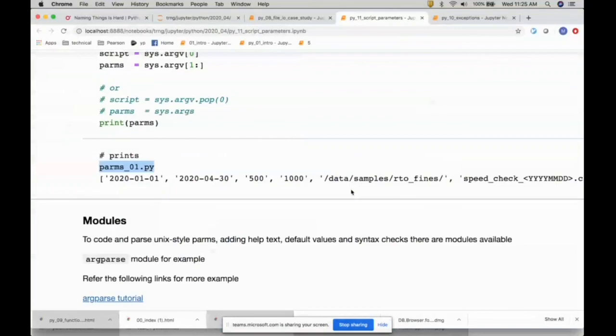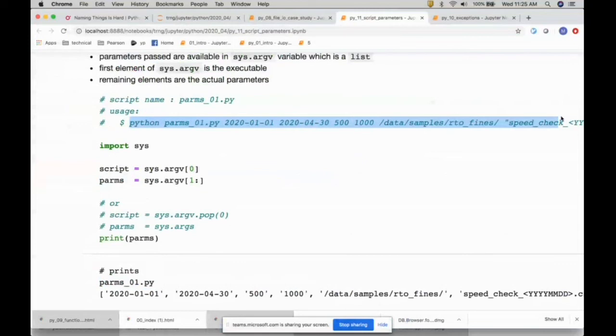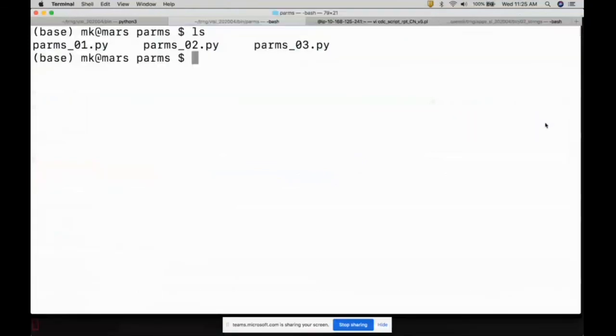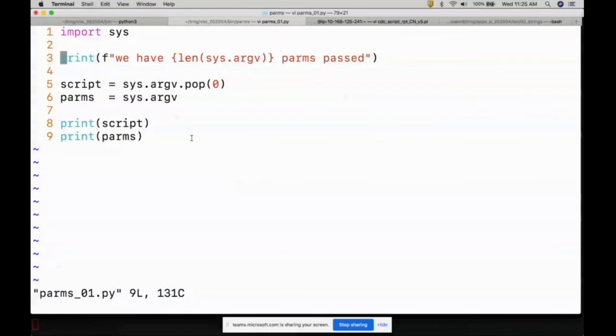I'm just going to take this and then run it. So it says I have 7 parameters passed, and then my script name is this, and then my parameters are this. Okay. So if I look at 0, 1, so I have, that's all I have, right? I also have